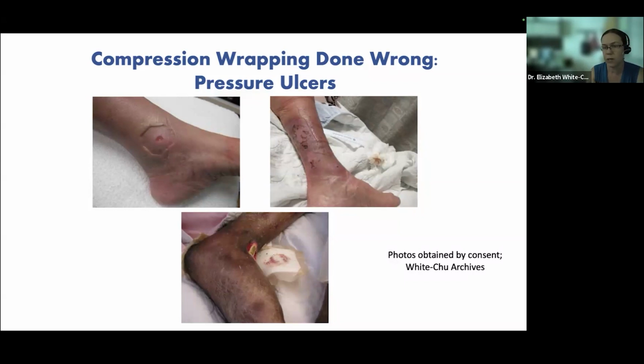The bottom one here is a little bit of a wonky photo, but this is a foot, and that's the anterior tendon that you see between the leg going up and to the right there, where it had been tied way too tight right across the top of the ankle and caused a nasty pressure injury to where the tendon was even exposed.